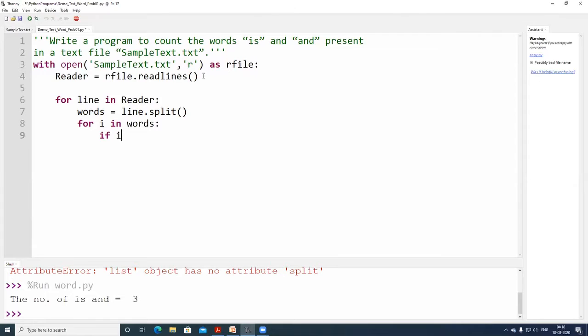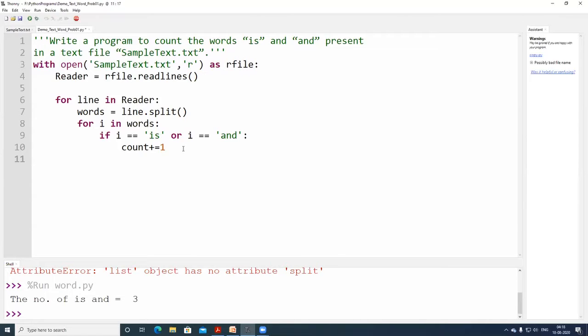In those words, my intention is to check whether the word is equal to "is" or equal to "and". That's it for the condition. You are having count plus equal to 1. Once the condition, either "is" or "and", is met, you increment the count variable.